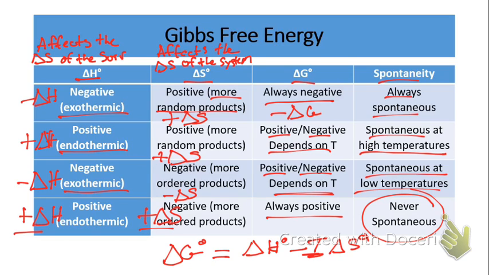Because essentially it's never going to produce useful free energy, energy that can be used for work. If we don't create the energy for work, the process will never occur, all right? And so that's important. So these are the criteria or situations that we have to basically think about in order to determine if a reaction will be spontaneous or not, all right, using delta G.